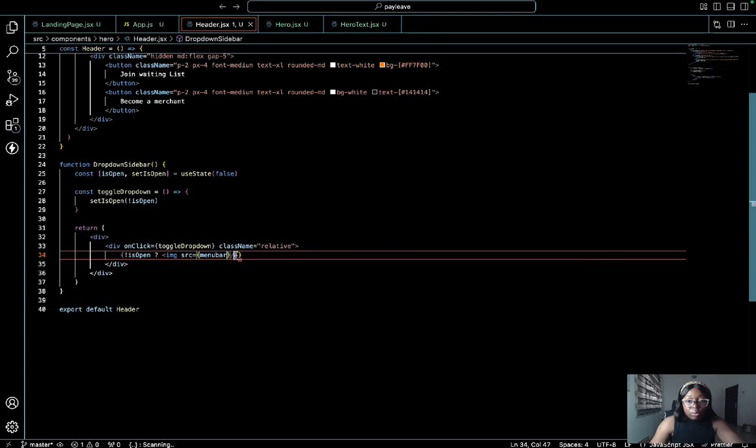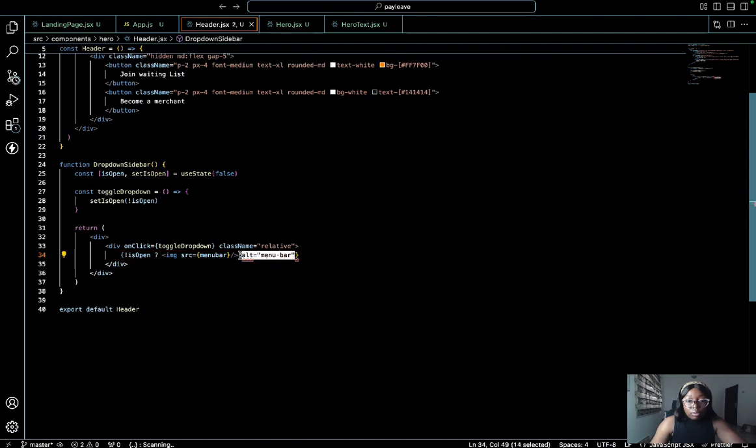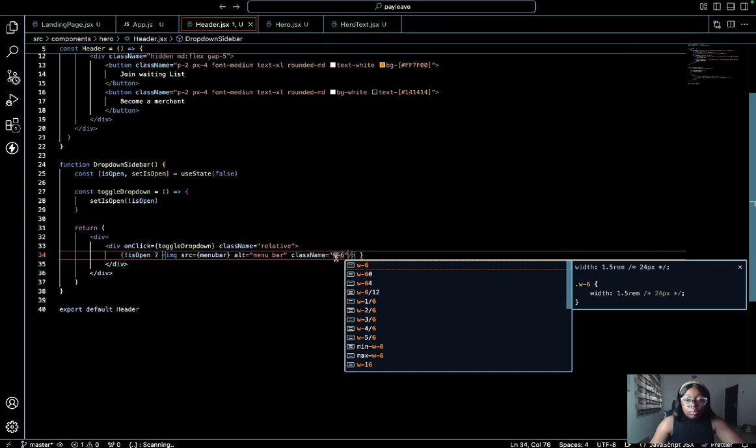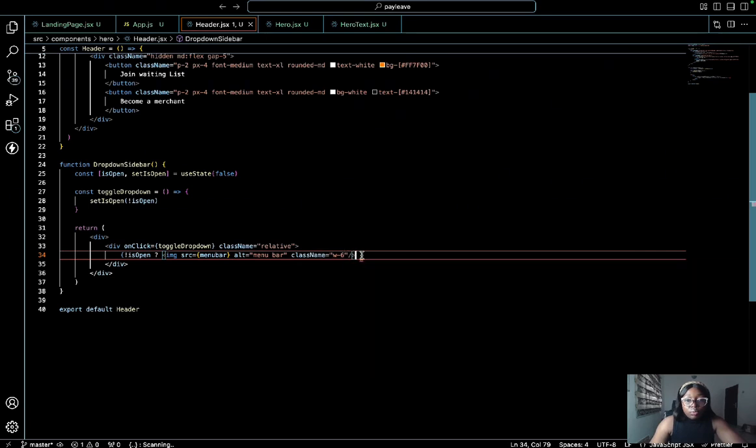Just call it the menu bar or something. For the alt, I'm gonna just say menu bar. I'm making a mistake. This is supposed to be inside here. Class name of w-6. So if the sidebar is not open, it's going to show this. Else, if it's open, it's going to show